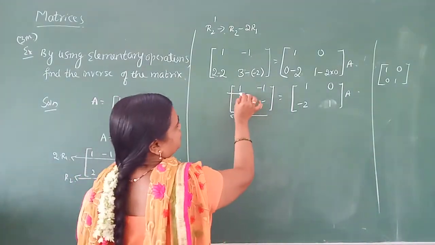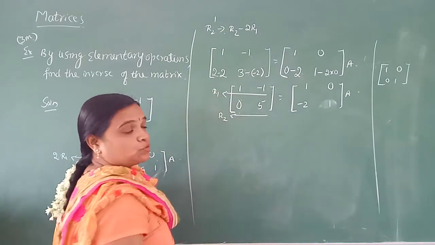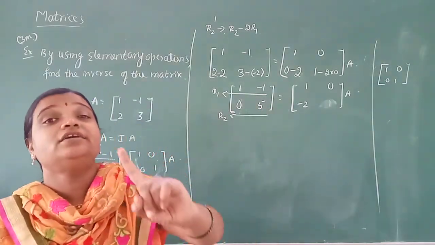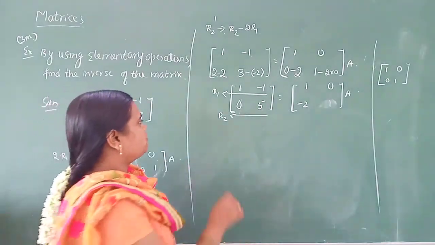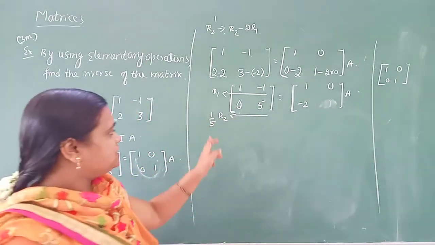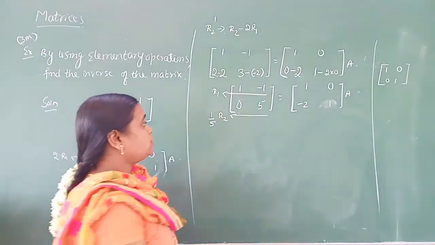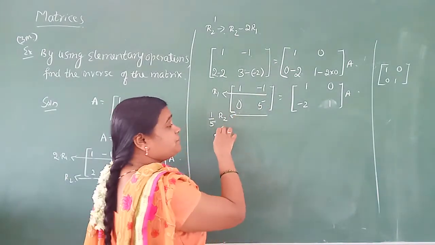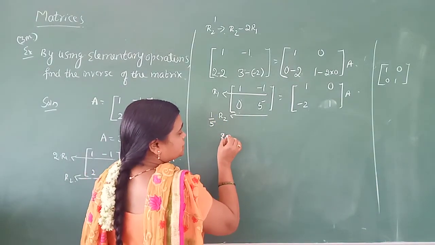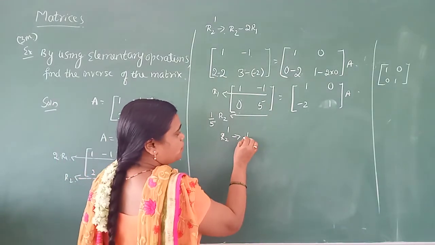This one we know that it is the R1 row. This one we know that it is the R2 row. And I want to eliminate this 5 so that I can get 1. For that, what we are doing here, multiply 1 by 5, so 5 into 5. What we get is 1. Okay. Therefore, everything we are doing, the operation is in which row? R2 row. Therefore, which one changes here? R2 changes. Therefore, we are writing R2 dash, 2, 1 by 5.